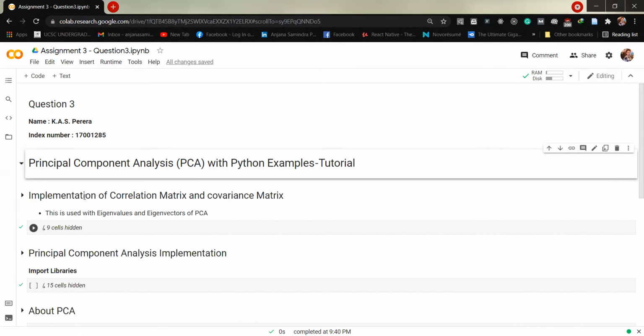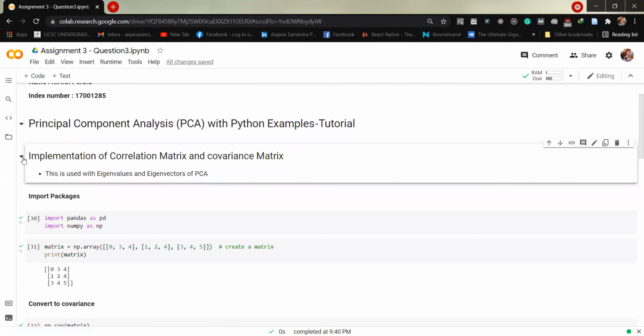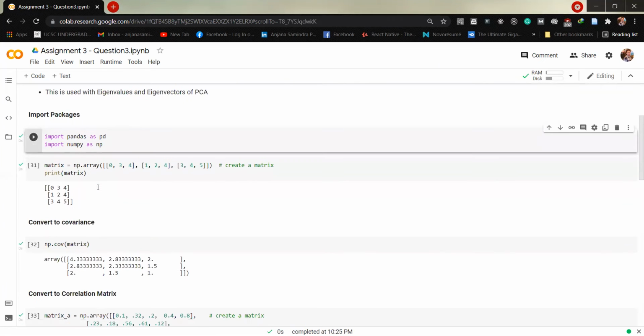So here in the first part, we have the implementation of the correlation matrix and covariance matrix. These concepts are here to give the basic mathematical concepts behind PCA. So let's go to this. Here in the first part,